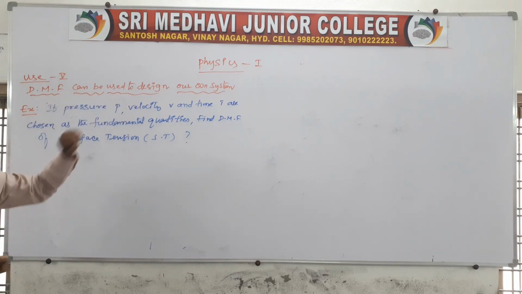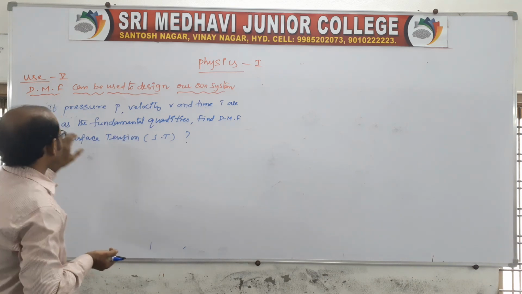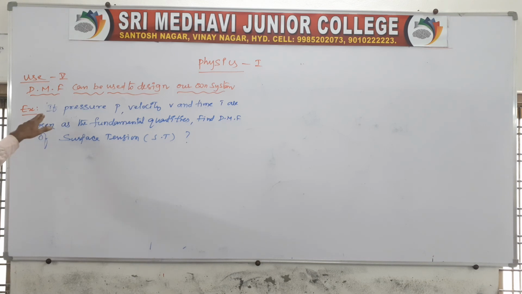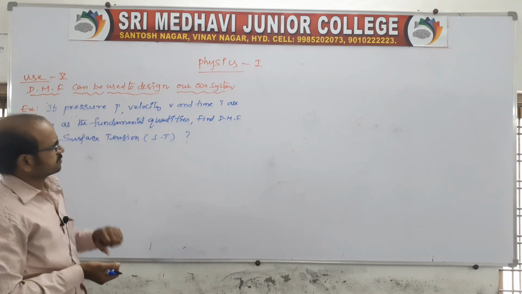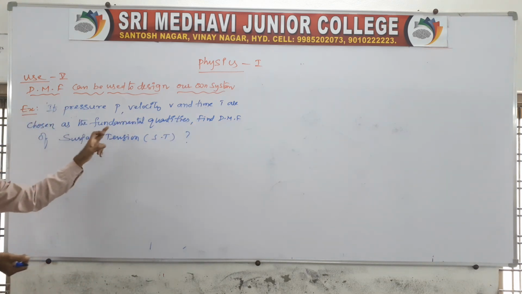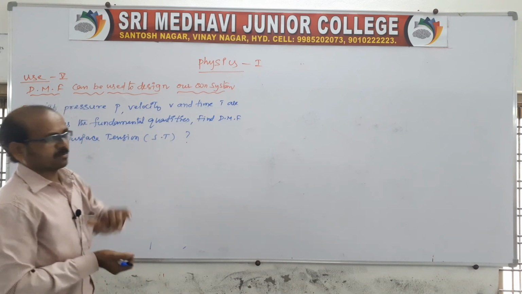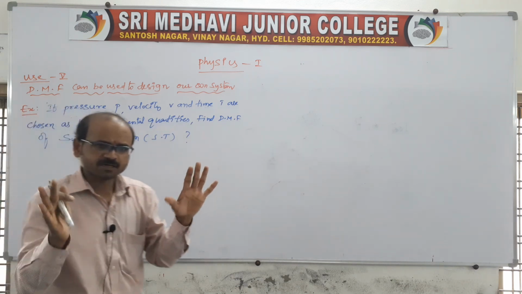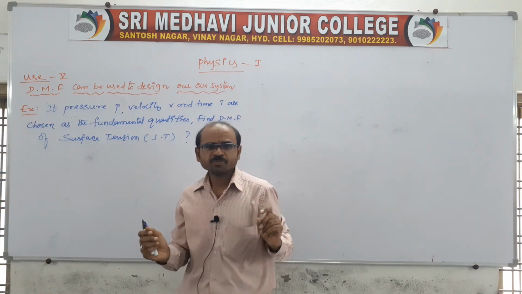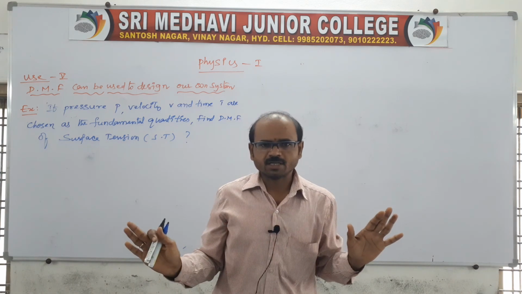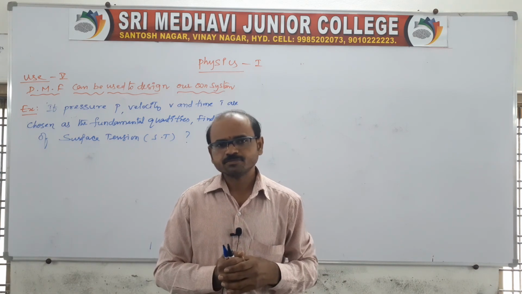One example problem: if the pressure P, velocity V and time T are chosen as the fundamental quantities. Now, in this question we use these as the fundamentals, but remember the basic fundamentals M, L, T